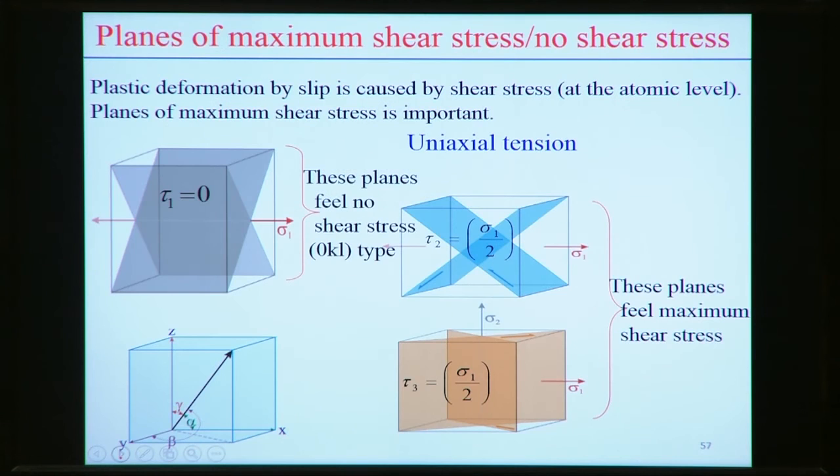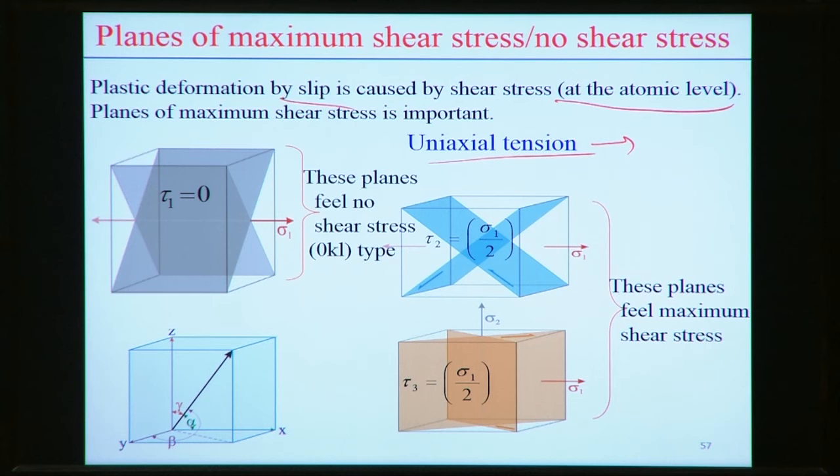So let us physically investigate what the different stress states are that actually exist in the cubic structure. This is most important because plastic deformation actually happens by the slip process at the atomic level. So within the cubic crystal structure, it is more significant to know the maximum shear stress within the unit cell. Let us first look into uniaxial tension under the different loading conditions. That means when it is subjected to uniaxial tension, what may be the stress state.